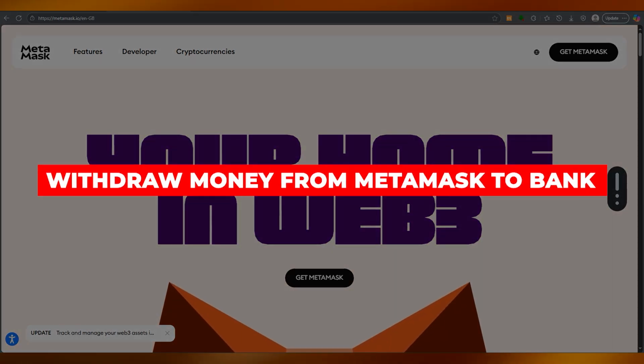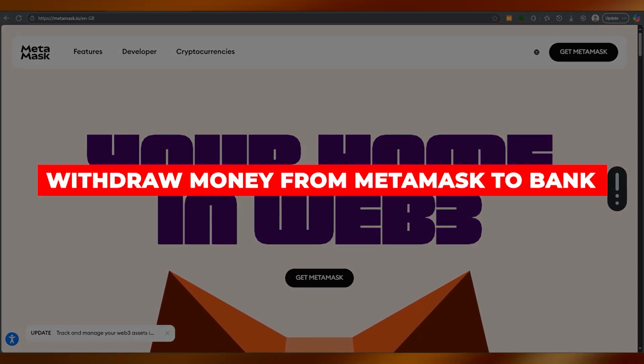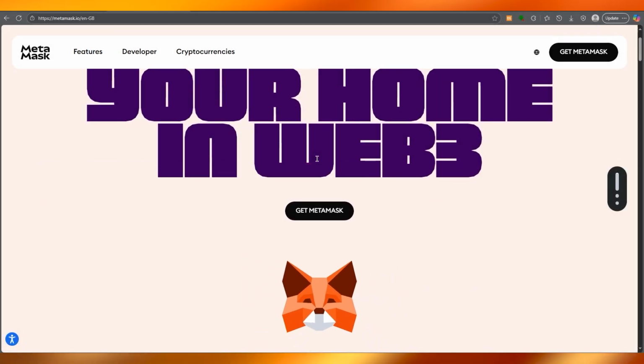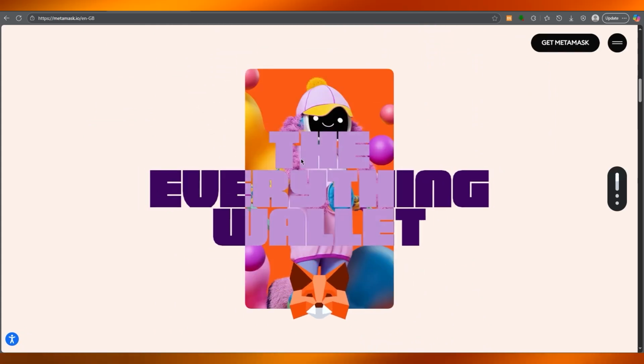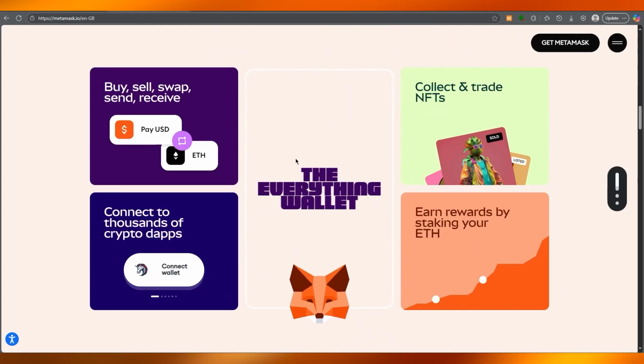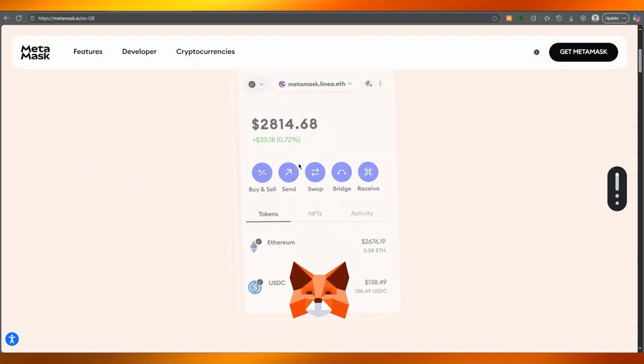How to withdraw money from MetaMask to bank account. Today I'm going to be walking you through the process of withdrawing from your MetaMask wallet to your bank account. Now, if you've been using MetaMask to store your crypto, you may have realized that you can't just withdraw at a bank. Instead, you need to move your funds through an exchange or a third-party service that can convert crypto